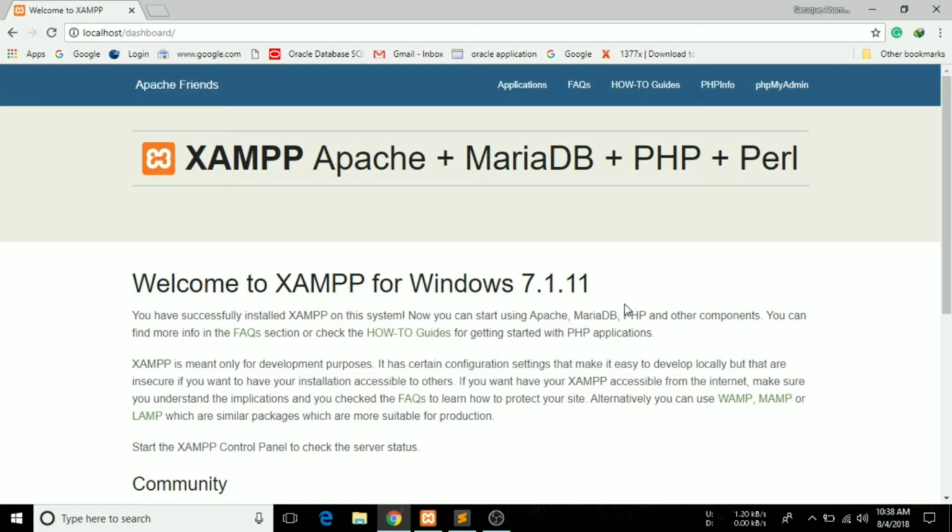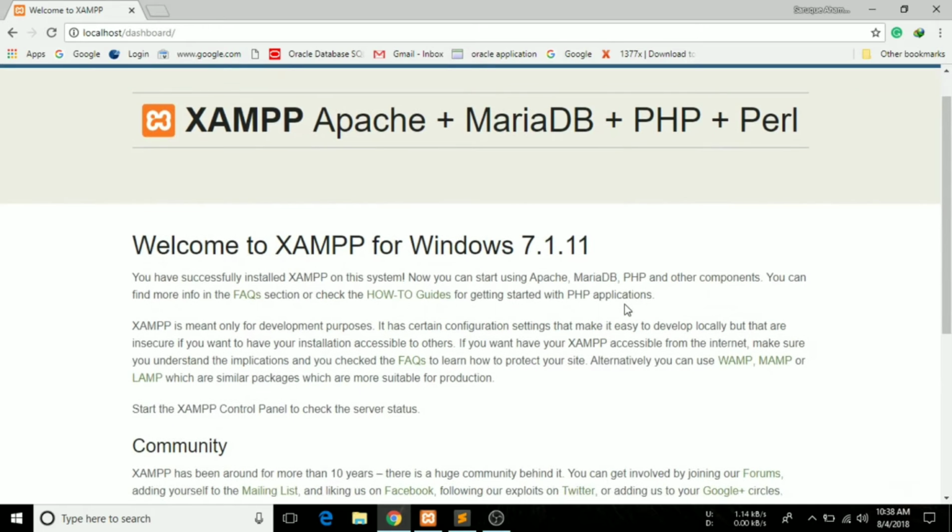So before going to create our first PHP file, what we need is a text editor to write our PHP file. There are lots of text editors available, but I personally use Sublime Text 3 and I will recommend you to use Sublime as its interface really looks cool. But you can use anything you like, Notepad++ or Visual Studio Code, whatever you want. So without wasting time, let's go to the main part.